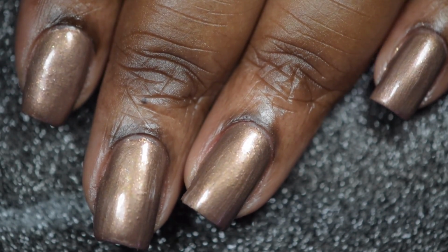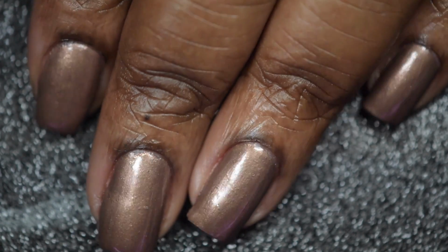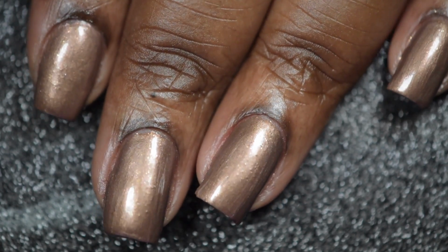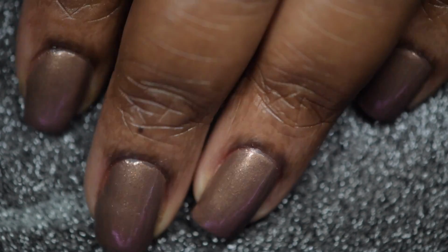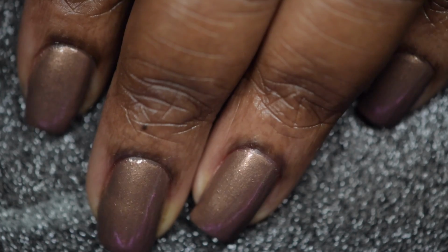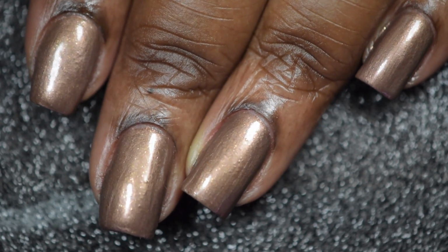And here's a final look at Fiendish Fancies Aunt Lydia with a top coat. Guys, this polish is just gorgeous, and I actually did like it more on my skin tone than I thought I was going to, because to be honest, I'm not usually a fan of brown polishes, but I really like